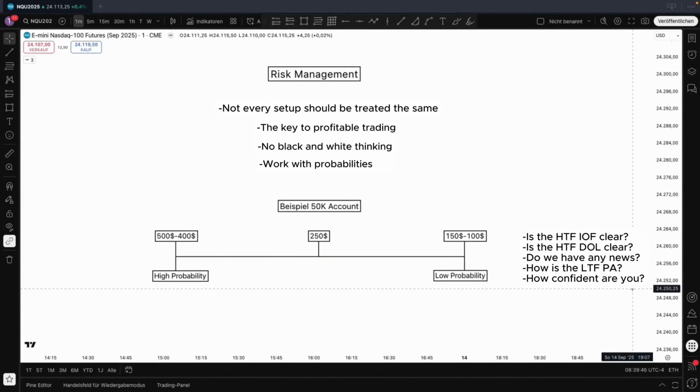On a day like Monday, especially on a so-called no news Monday, the price action, based on my own experience and from the past, tends to be, let's say, a bit choppy. On such days, the market tends not to produce any real big moves. It tends to build up liquidity instead. In other words, on a no-news Monday, I would never execute a high probability setup with $500 or $400, because then we're already back in the mid to lower segment.